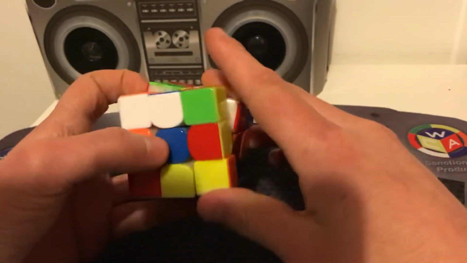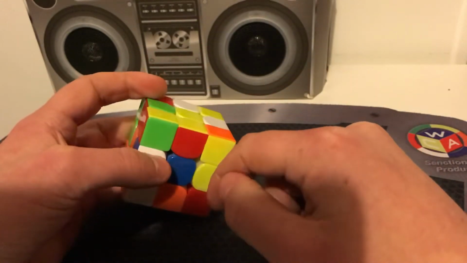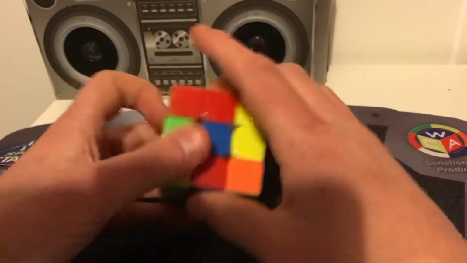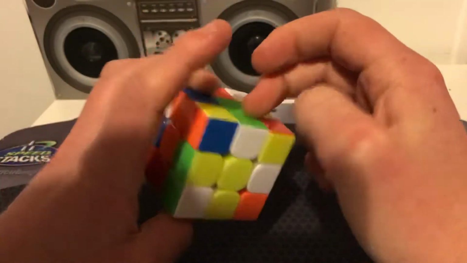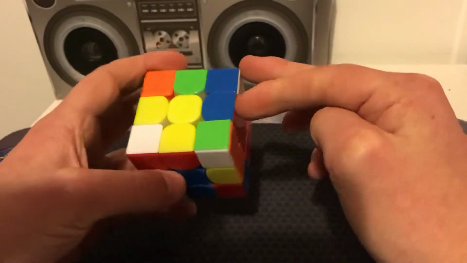So F prime, U prime, F prime. Okay, this case is kind of bad. So you can do a D prime to set up those 2, and then these 2 are just connected. So then it's just R2 B2. Now that pair there,